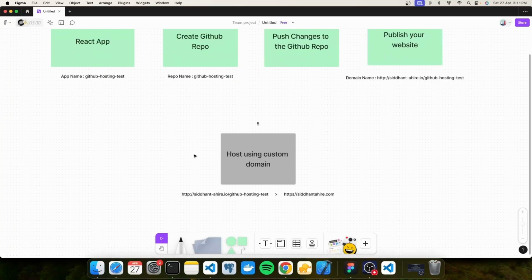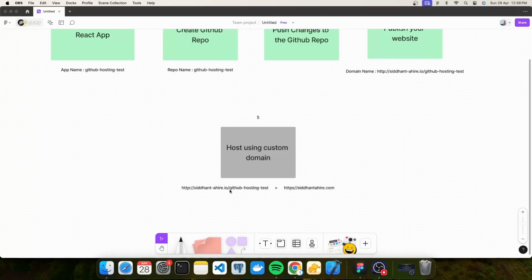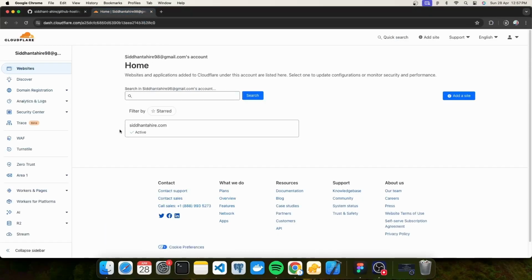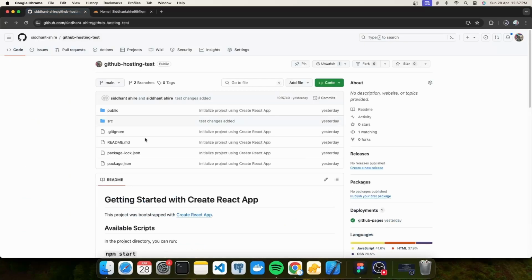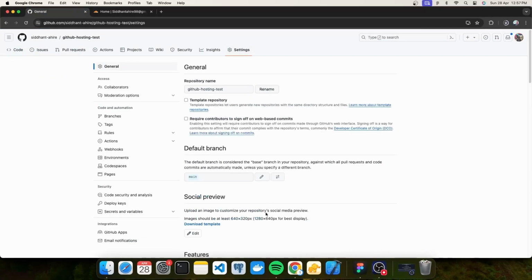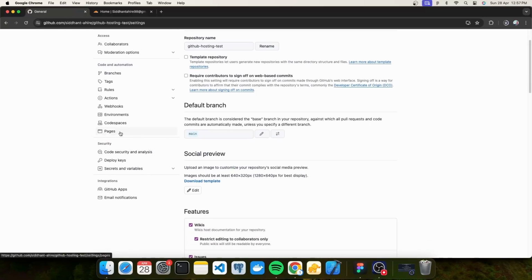In the fifth step, we are going to change our GitHub generated domain to our custom domain. For that, first you should have one domain. I already have one domain, so you can see my domain here in the browser. See, in Cloudflare, I have siddhanthire.com, this domain. You should also purchase one domain from any domain purchasing site like GoDaddy or Hostinger or anything. After that you have to go to the settings, and